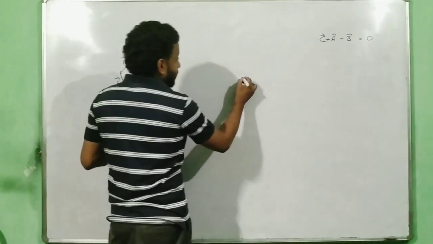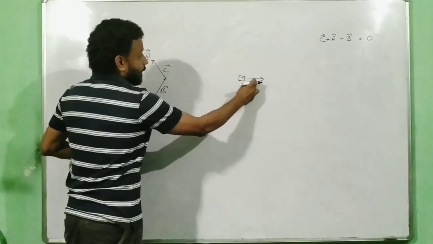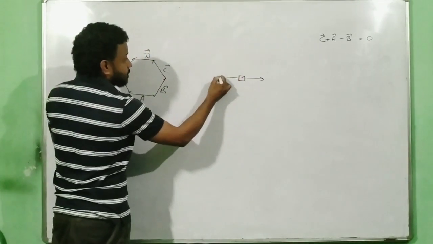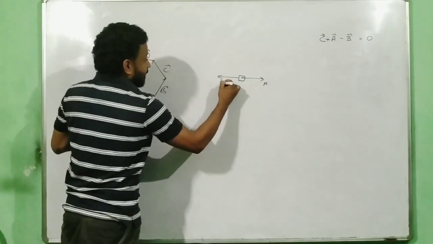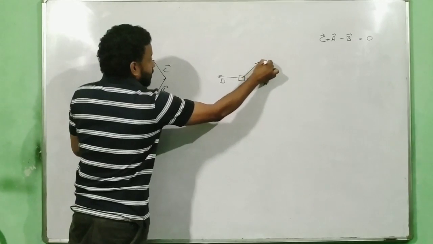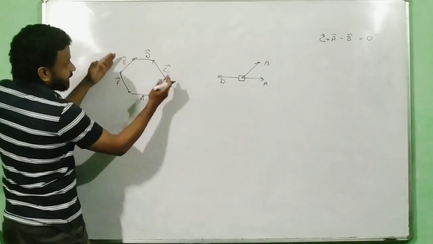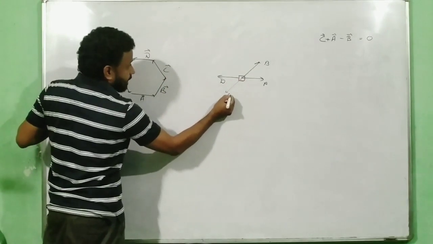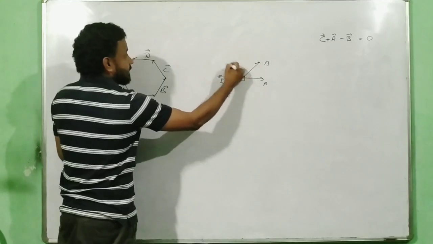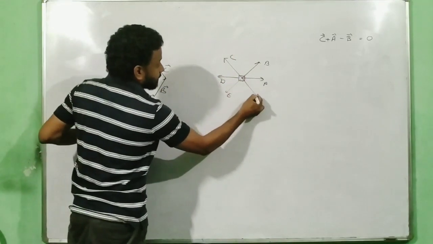You are having a body here, you are applying a force, this force, and you are applying one more force. This is A vector, this is my D vector. Then you are applying one force in B direction. In B direction, you are applying one force over here. Look at here, this is your E. Look at B and E, exactly anti-parallel. So this is my anti-parallel, E. Now you have one more force, C. C is acting in this direction. Exactly opposite to that is F. F is acting in this direction.